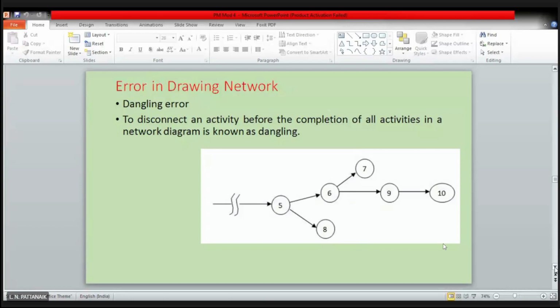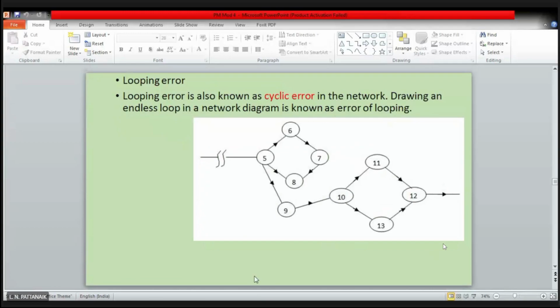So when we'll actually practice it, when I'll give you some problems and you will practice it, maybe today it's not possible. There are some problems. Otherwise, we could have practiced it today itself. So okay. Now coming to another type of error that you are likely to make, that is called looping error